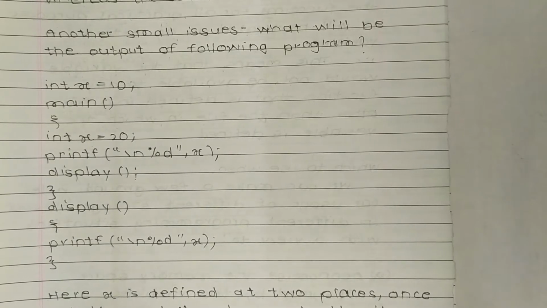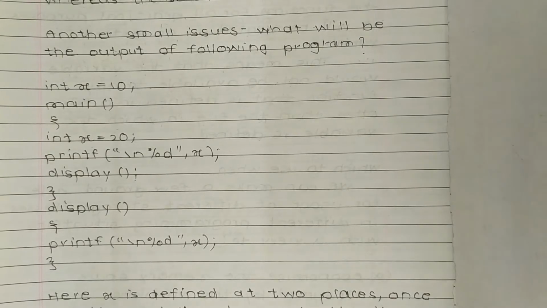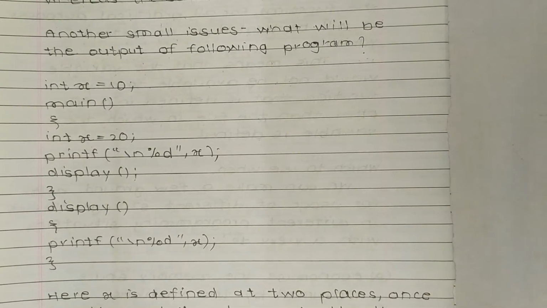So this is a program for the external storage class. Another small issue. What will be the output of the following program? int x = 10; main() { int x = 20; printf("\n%d", x); display(); } So display is a function. display() { printf("\n%d", x); }